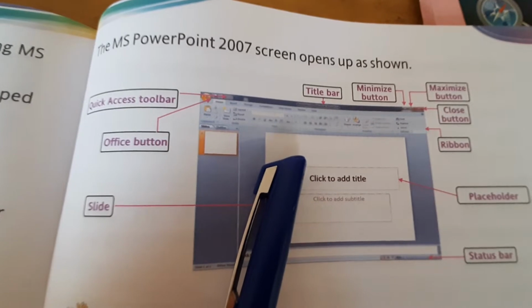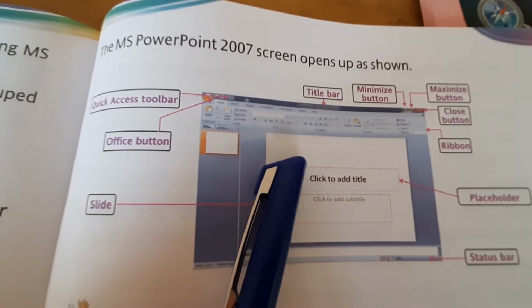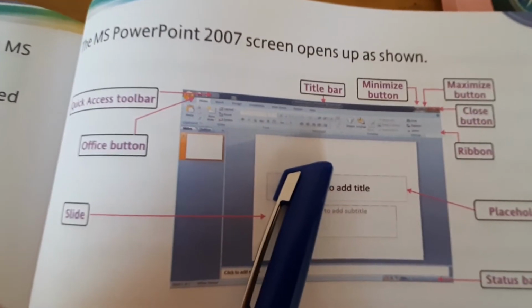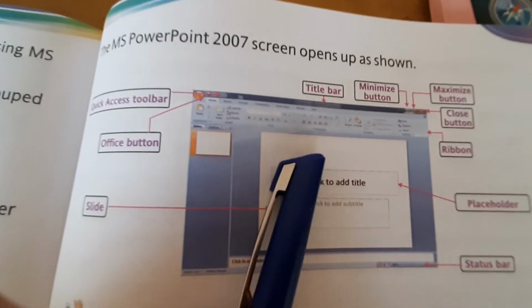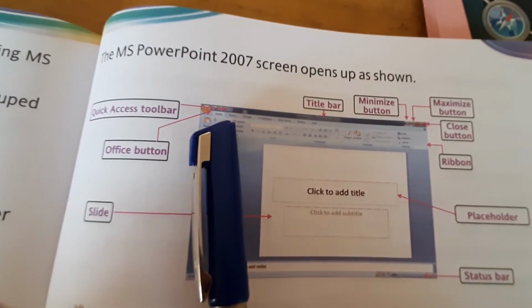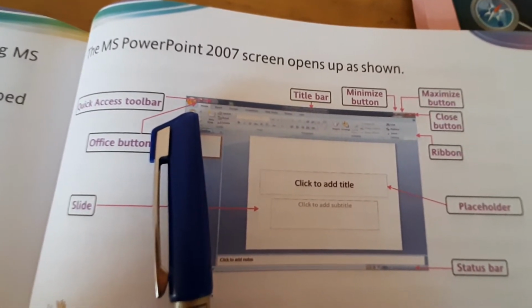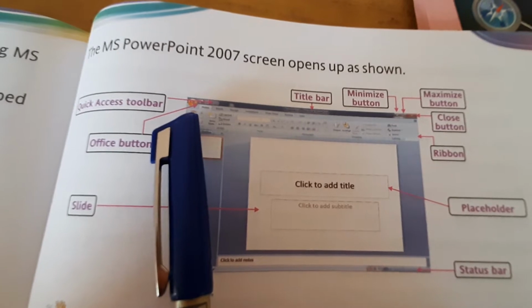It is not much different from MS Word, but slightly different because it is a different application. Let's start. First is the Office button, where you will find command options like File, New, Open.